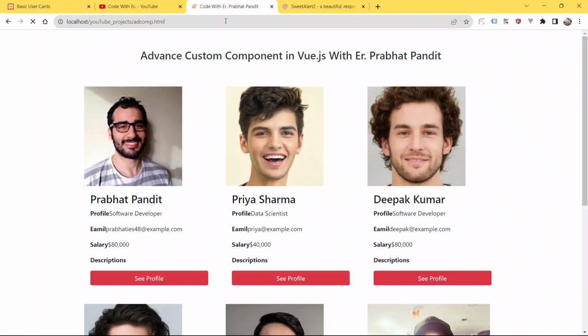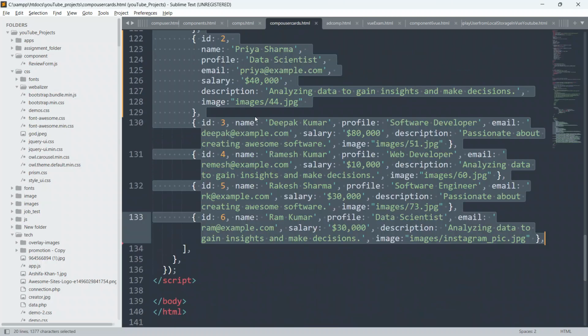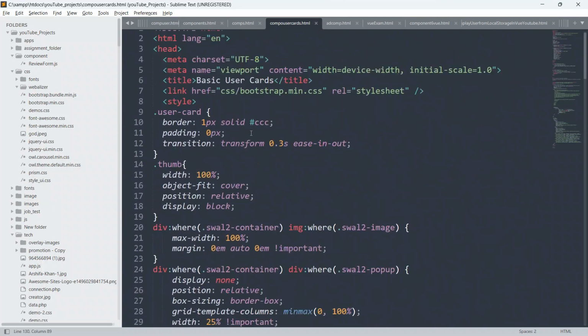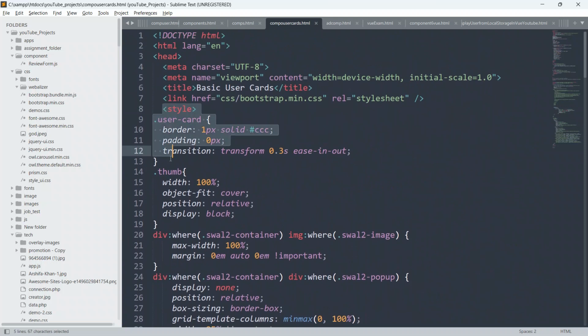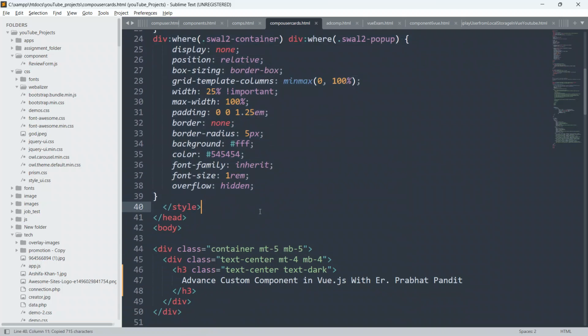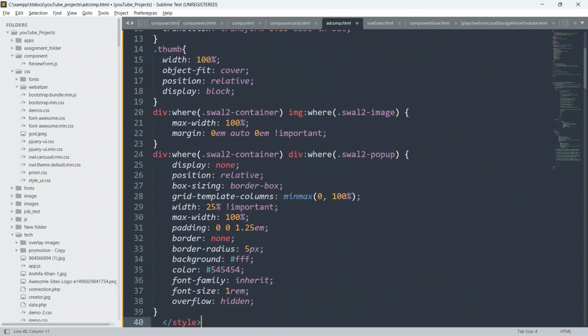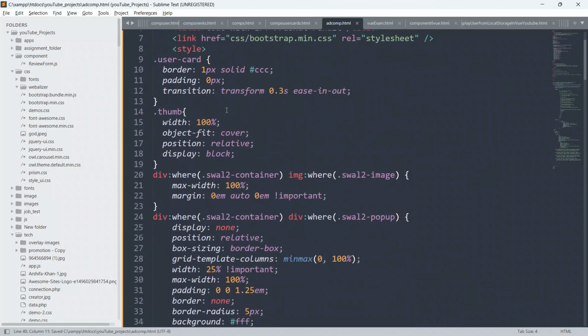See, boom guys, it works. As you can see here, we just have to paste some CSS also. So guys, just to save our time, I am going to the example only, and I will copy these CDN links from here and paste them there. Nothing else guys, there is no rocket science in this CSS, it is just simple CSS. So just paste it here, and I will explain it here also.